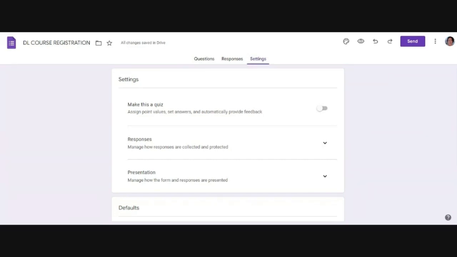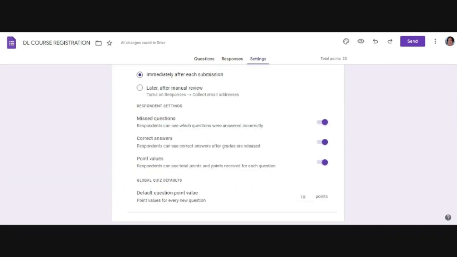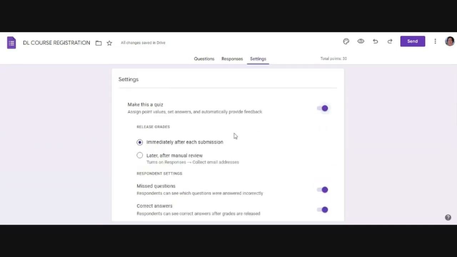So this is what we use to prepare that assessment for you. Good. So if I want to make it a quiz, I click on this button and then it will become a quiz for you. This is very easy to use. So I'm sure when you open it with the little explanation I've given, you'll be able to use it on your own. So the next is Google Sheets.